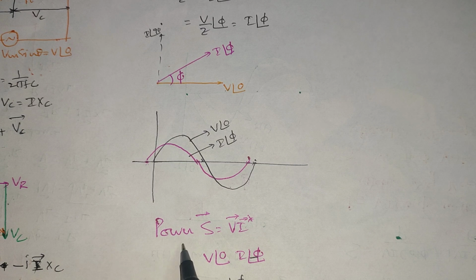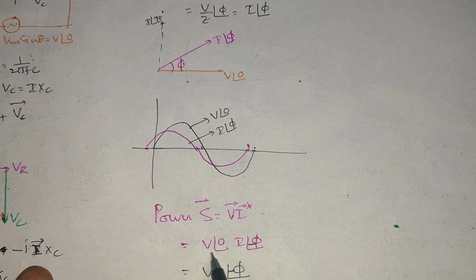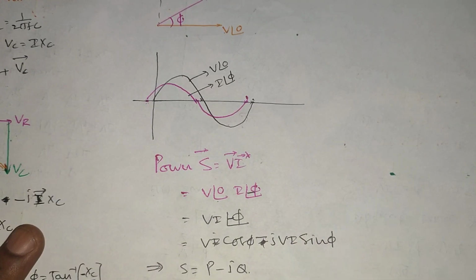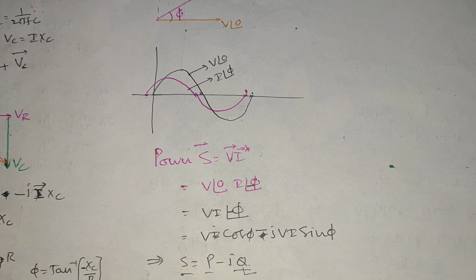Now the next thing is to find out the power. The complex power S bar is equal to V bar into I bar conjugate. So here V at an angle of 0, I bar will be at an angle of plus phi, so I conjugate will be at an angle of minus phi, and that can be written as VI at an angle of minus phi. Ultimately we get VI cos phi minus jVI sin phi. So the complex power is now equal to S is equal to P minus JQ, where P is known as the watt component or the real power or active power, and Q is known as the imaginary power or reactive power that we have considered for the series RL circuit.